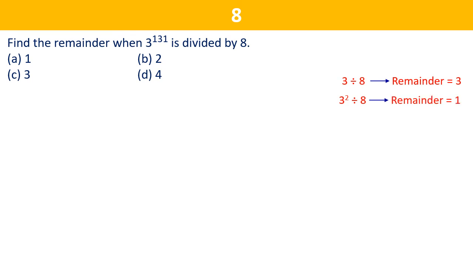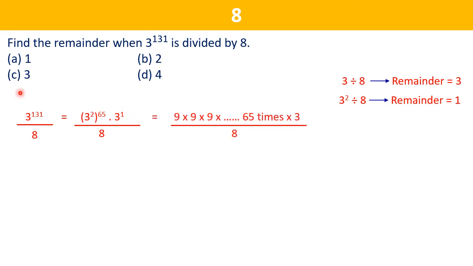Now this is a useful result, and with this we can simplify this question like this. So 3 to the power of 131, I want to divide it by 8, and I will make the clusters of 3 squared like this. There will be a total of 65 such clusters of 3 squared, because 2 into 65 is 130, and one 3 will be written separately here. So this will be equal to 9 into 9 into 9, 65 times, and one more 3 is there,